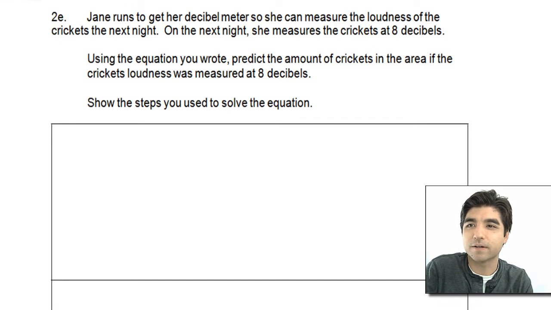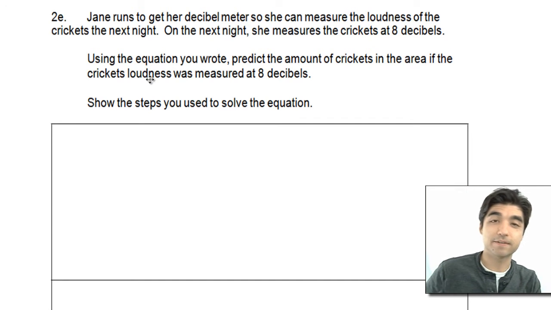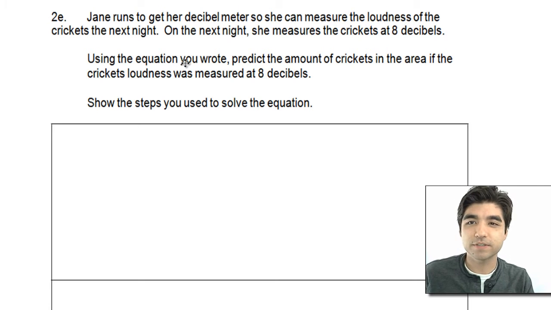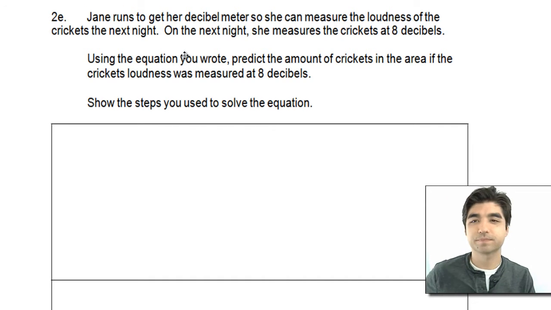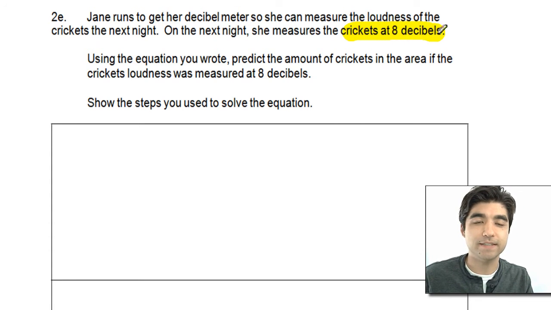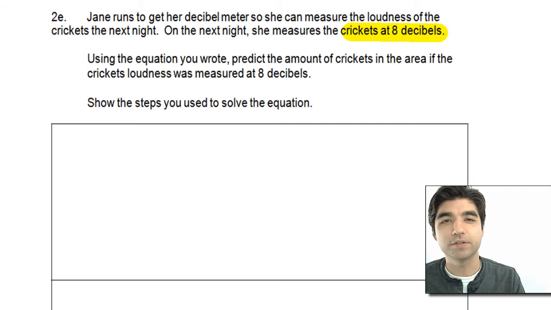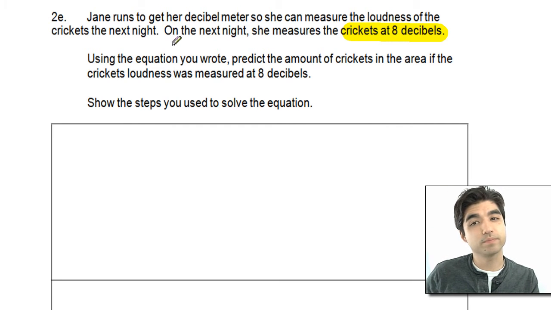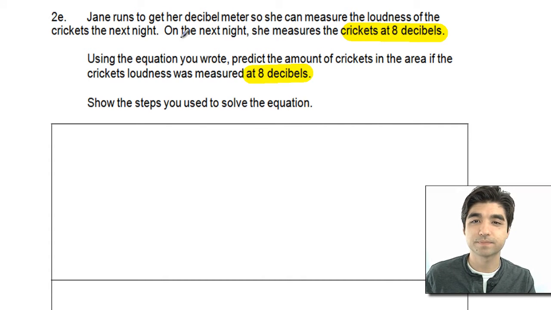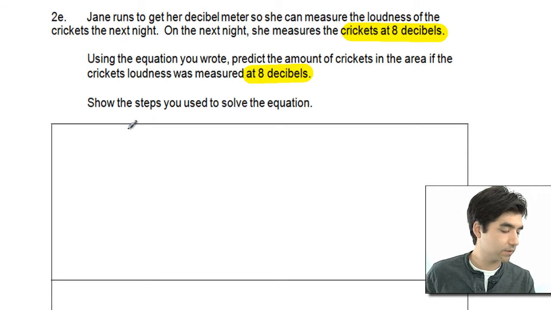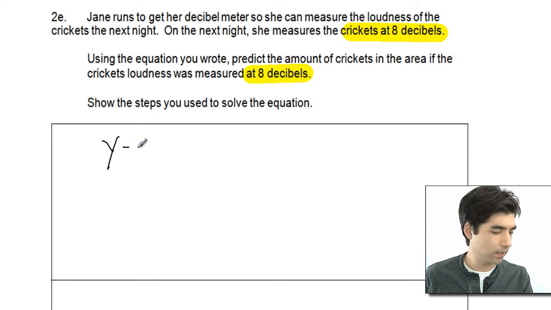Okay, so we are on number 2E now of the practice test. It says Jane runs to get her decibel meter so she can measure the loudness of the crickets the next night. On the next night, she measures the crickets at 8 decibels. Using the equation that you wrote previously, predict the amount of crickets in the area where the cricket's loudness was measured at 8 decibels. So our equation that we have is y equals